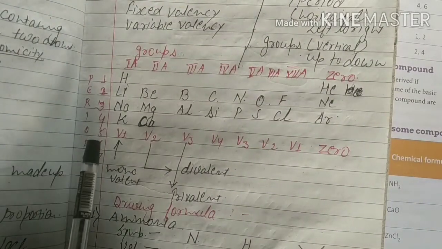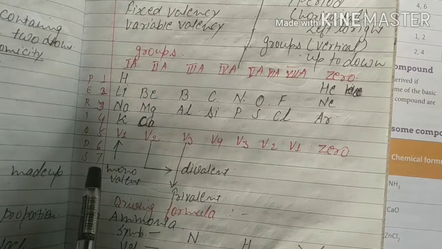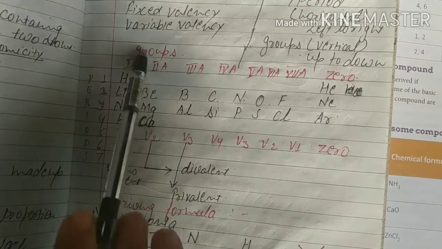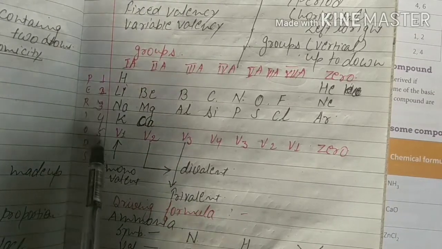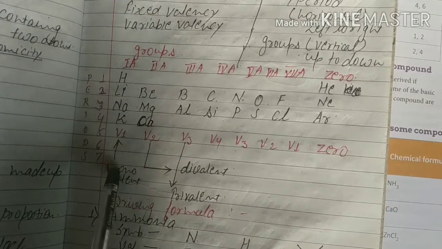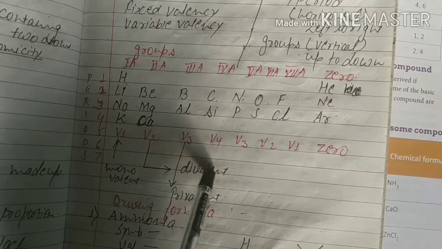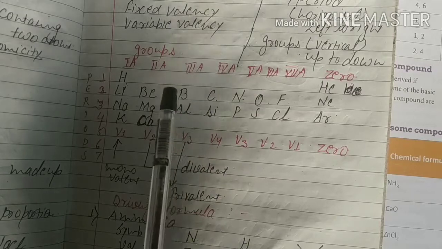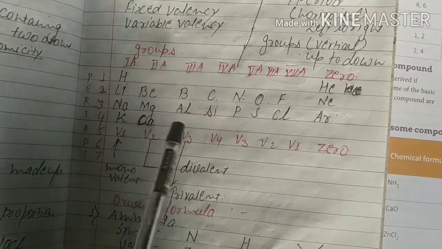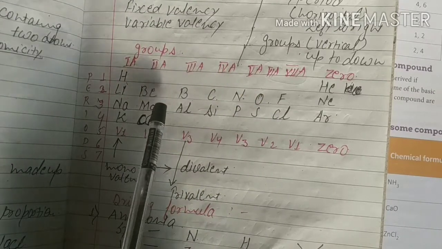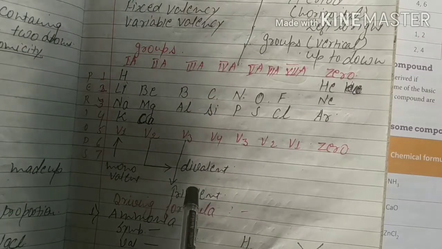Okay. You have to learn what is monovalent, what is divalent, what is trivalent. So monovalent means if the elements have one valency, they are known as monovalent. So hydrogen, lithium, sodium, potassium all have one valency, so they are known as monovalent. Beryllium, magnesium, calcium, they have two valency, so they are divalent. Boron, aluminium, many more are there, but you don't have to learn more. So that's why I have given only 20 to understand. So they have three valency, written also 3A, so three valency. That is known as trivalent.